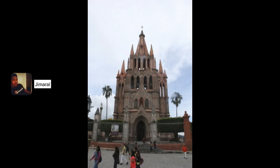Okay, again, speaking on churches, this is a picture of a church from the outside. I think we were in San Miguel, it's a little city outside of Guanajuato, and you can just see how old this church looks. This was not built within the last 200 years, probably the last, let's say 600 years, like 15th century, early 16th century